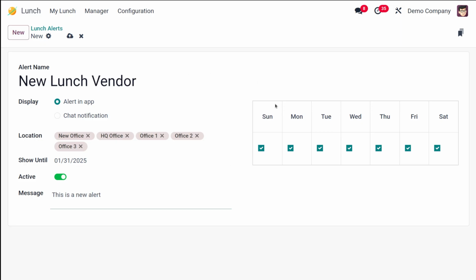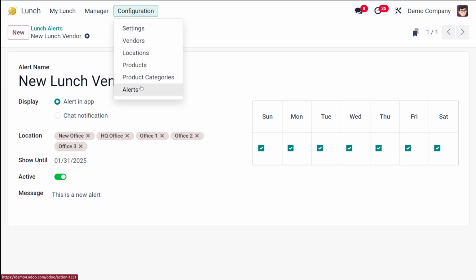And then you have this chart, where you can set the days on which this should be available. You have to select the days of the week the alert should be sent. All days are active by default, and if you want to deactivate any of these days, you can simply click. If I don't want an alert on Wednesday, I can simply click it and that will be disabled. So let it be as such. Okay, so this is how an alert is created. Now I'm going to save this. Okay, so this is saved right now, and that's how you create an alert.